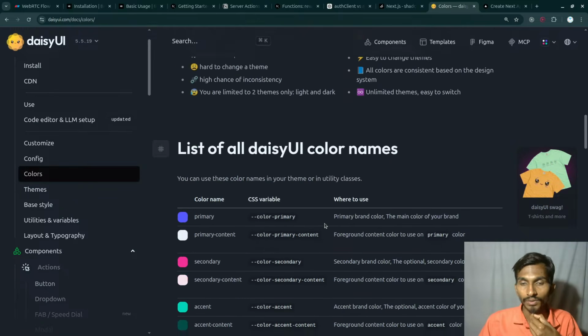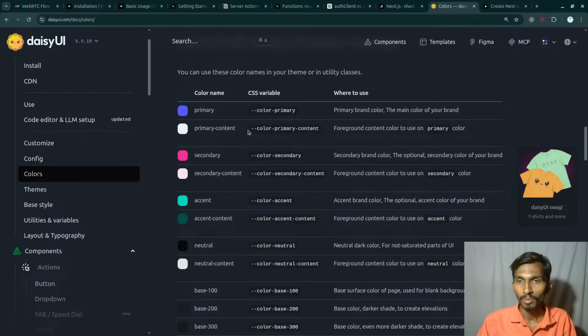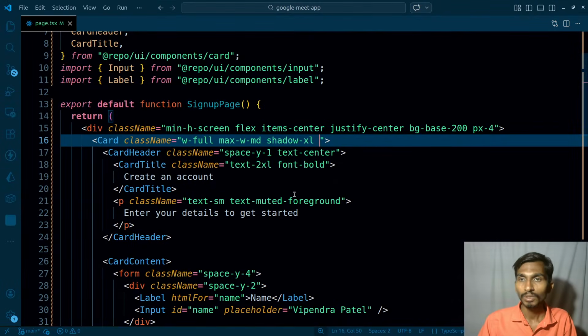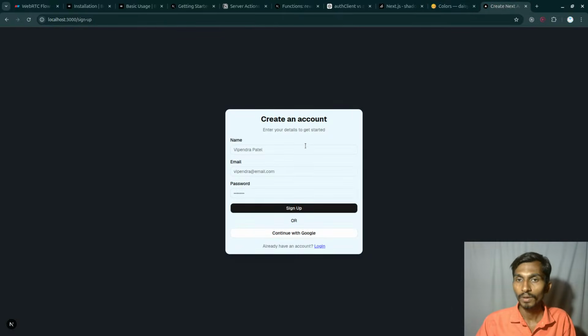This is where it is, and then that's gonna be bg base content or something, and that should be enough. Both of them are overall right, or primary content, secondary content, neutral content. Almost the white ones are the same, so base content, let me have it, bg base content, just like this. So this is how it looks like,